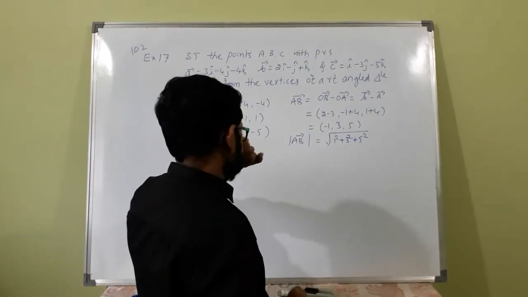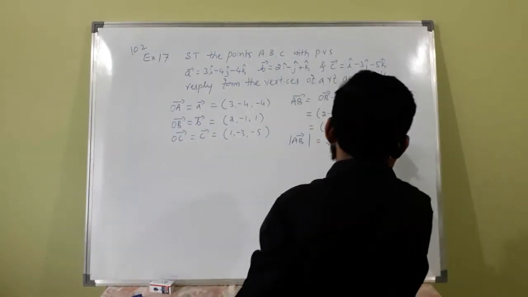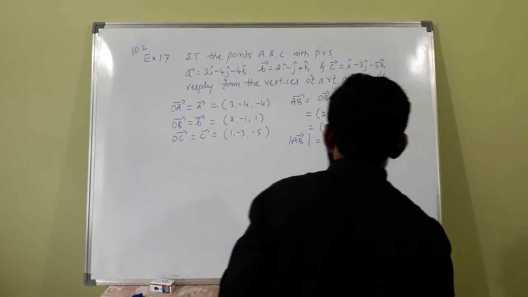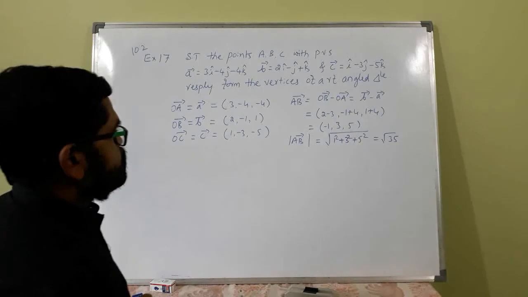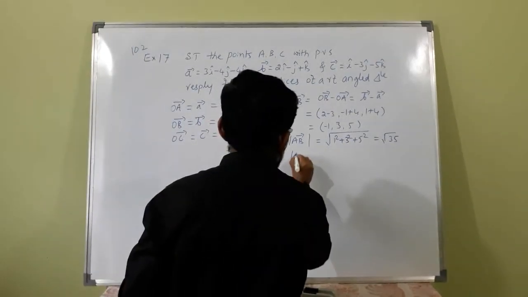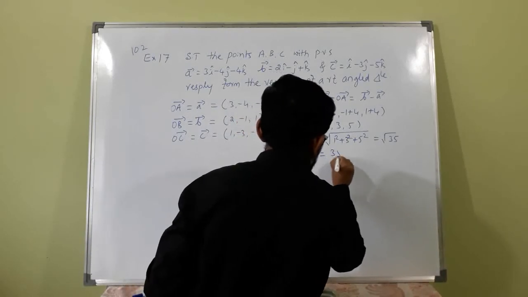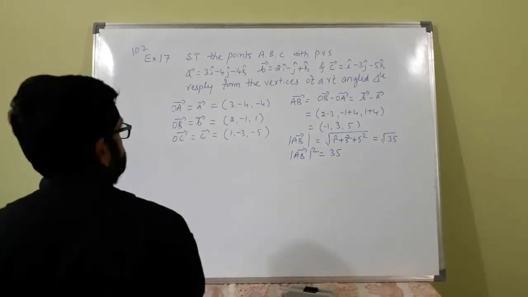25 plus 9 is 34, plus 1 is 35, root 35. Or AB square is equal to 35. Similarly,